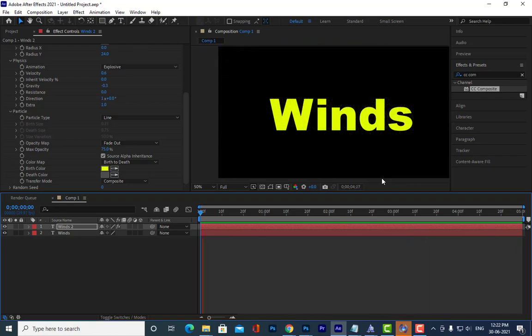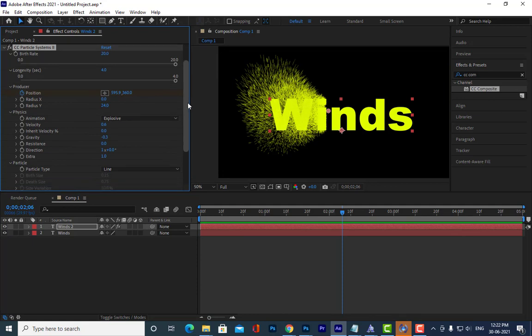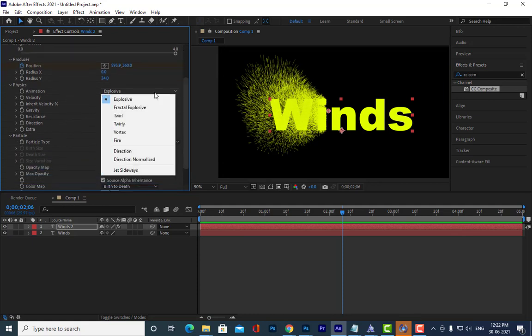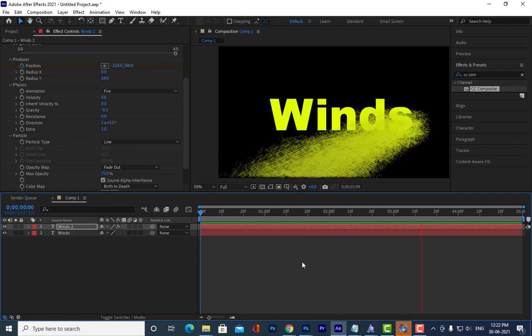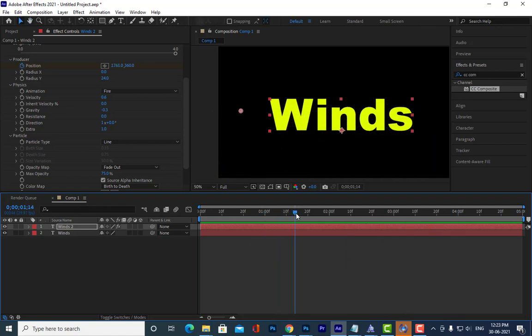Okay, so now what else can we do? You can change the other settings, like see here we have certain things like explosive, fractal, twill, vortex. Let us keep it fire. Let us see how it looks. See, you can check different settings here.